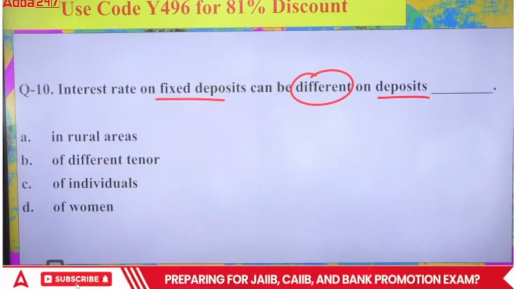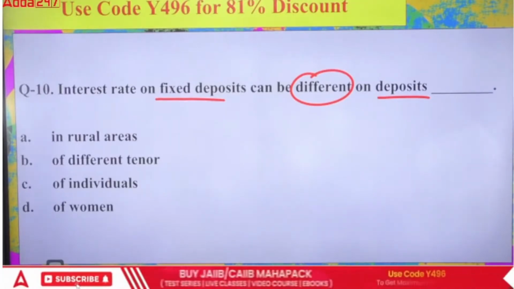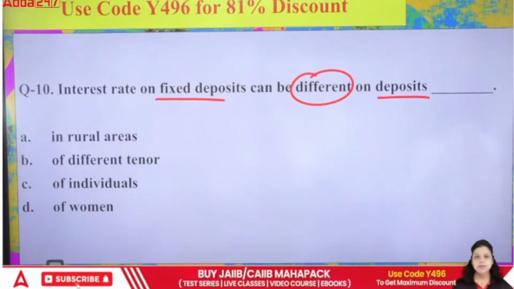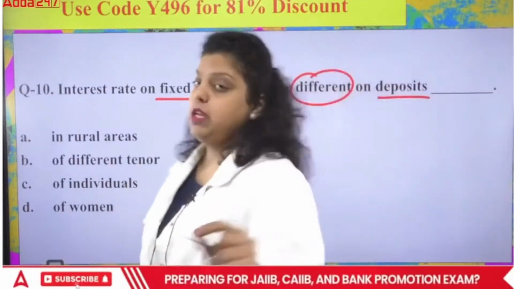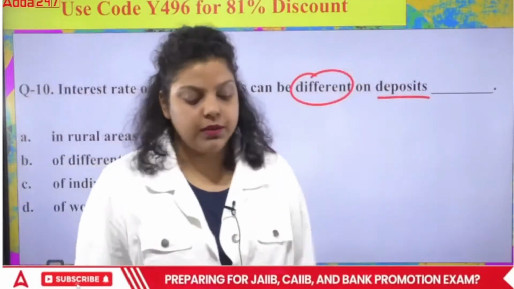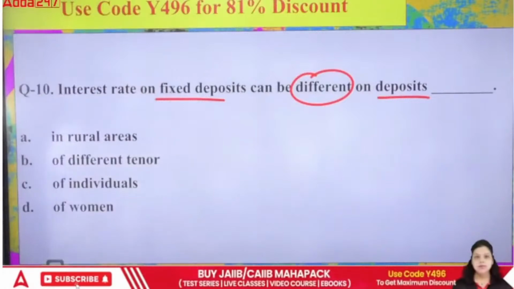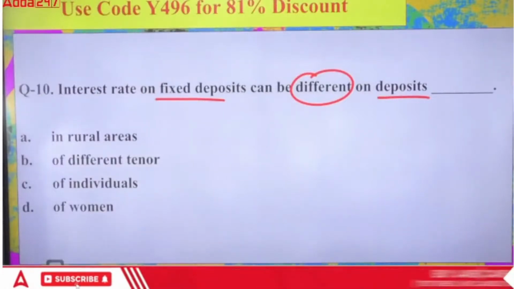So on the basis of which of the following factors does the bank decide the interest rate in the fixed deposit? If I talk about fixed deposit, FD is what? Simply FD is a term deposit. Under the FD, one-time deposit will be allowed only. Okay, and the minimum duration will be 7 days and the maximum duration will be 10 years. And the right answer here will be